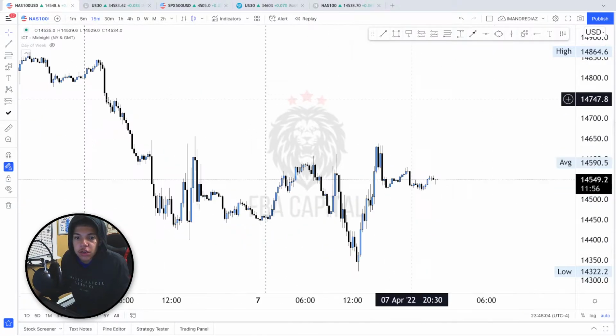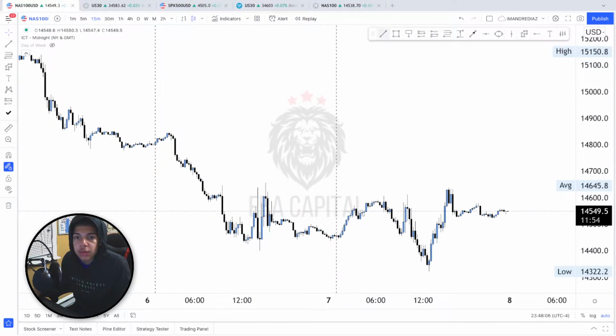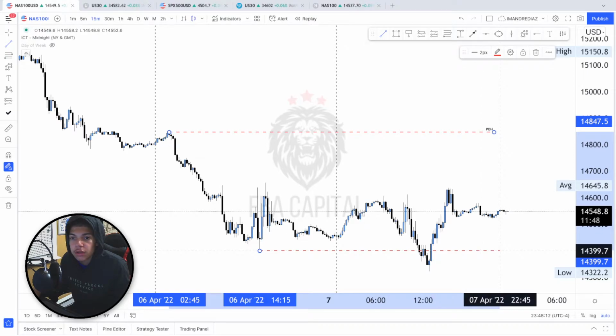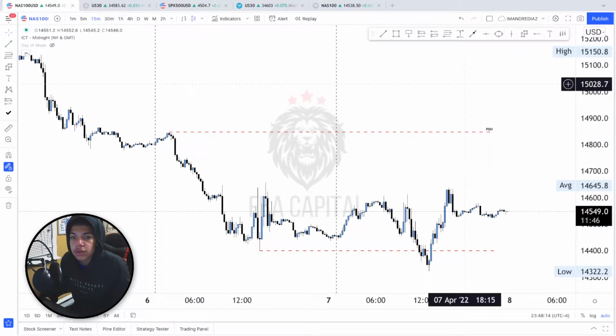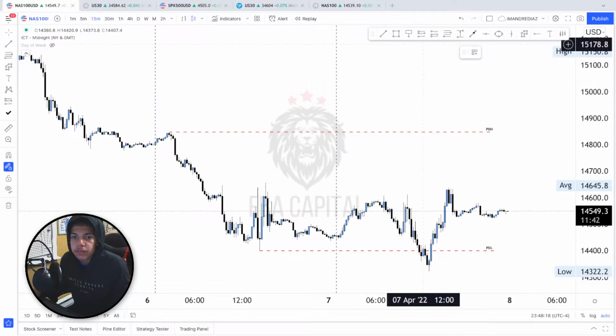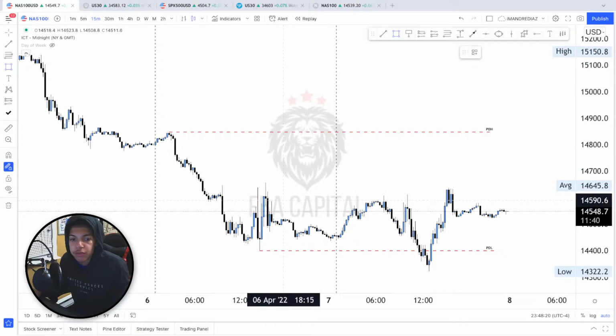So the first thing we're going to do is our 3-point outline that we do on every single pair. We start off by getting the previous day's high and the previous day's low. This is the first step that we do. So let me get this real quick. Step 2 is going to be getting the previous day's Asian session range,